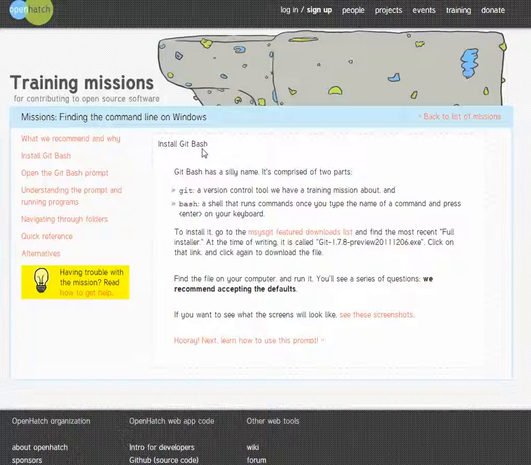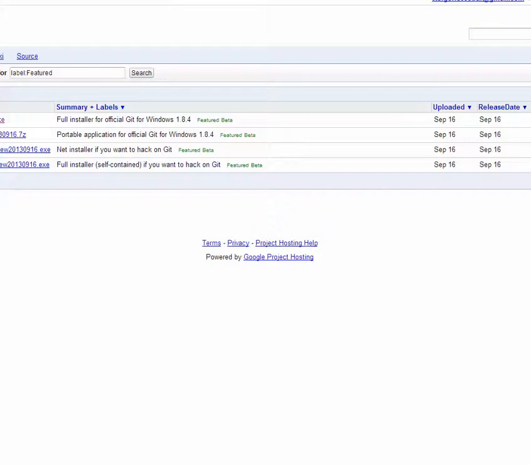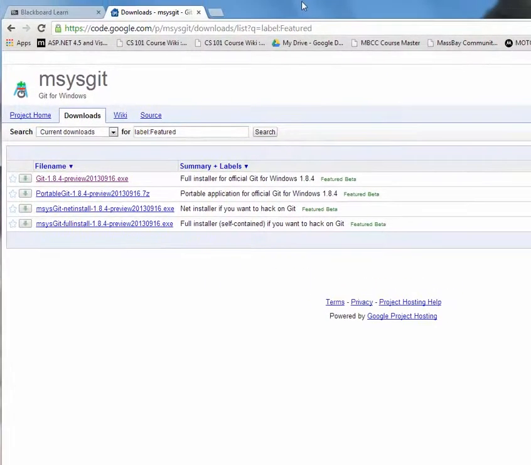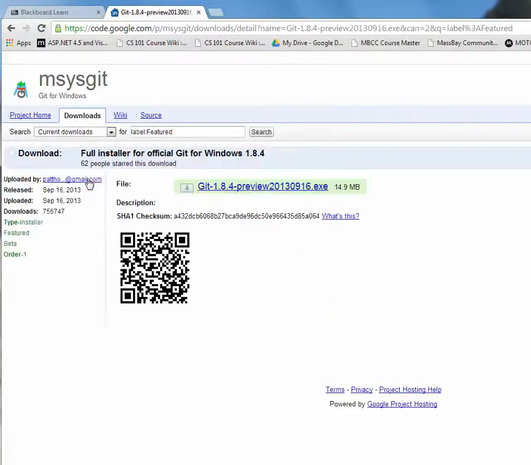So you're going to click on this link, and it's going to take you to a location where the tool is available for you to download. You're going to click on this file, which is the latest version of the GitBash tool, and download it. Here again, it takes you to the official location. So you're going to click here, and you're going to download it. And once it's downloaded, it's going to be in your